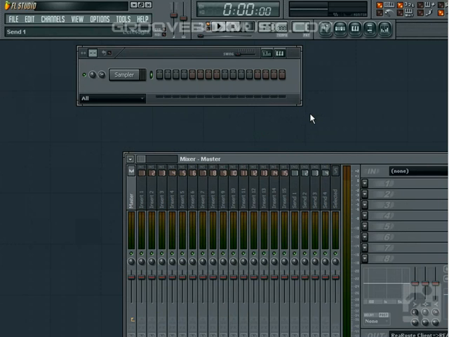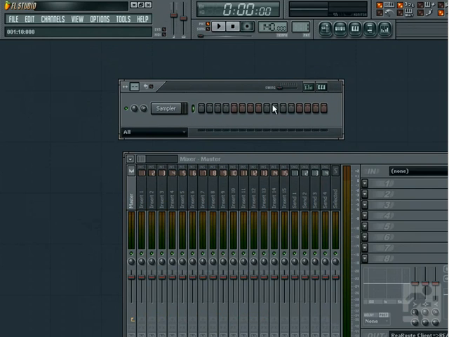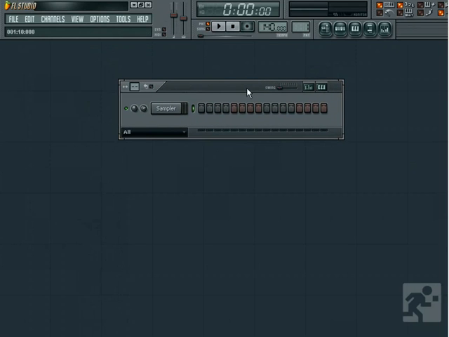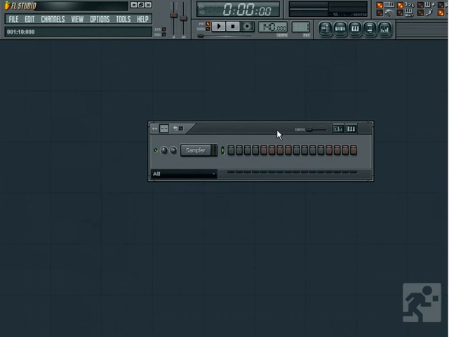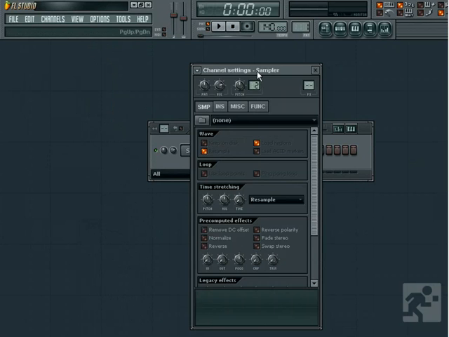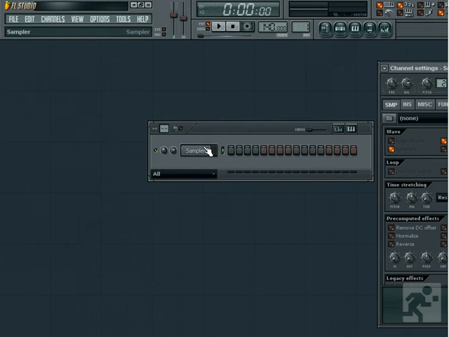So now that we've seen all of the toolbars and customized our settings, it's time to start making music. One of the main windows you will use is the channel window. This is where you will insert instruments and samples, as well as manage and manipulate them. Each button icon represents either a sample, a soft synth, an audio clip, or an automation clip. As mentioned before, in FL Studio, you create patterns and then string these patterns together in the playlist to form